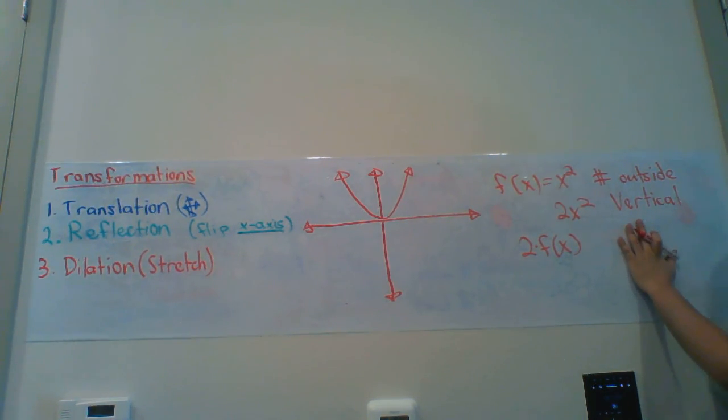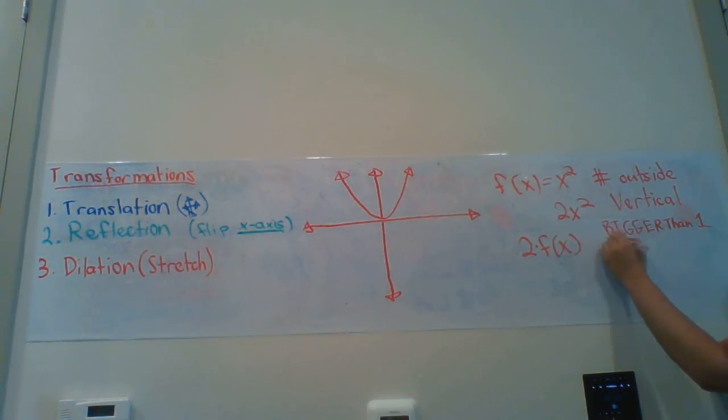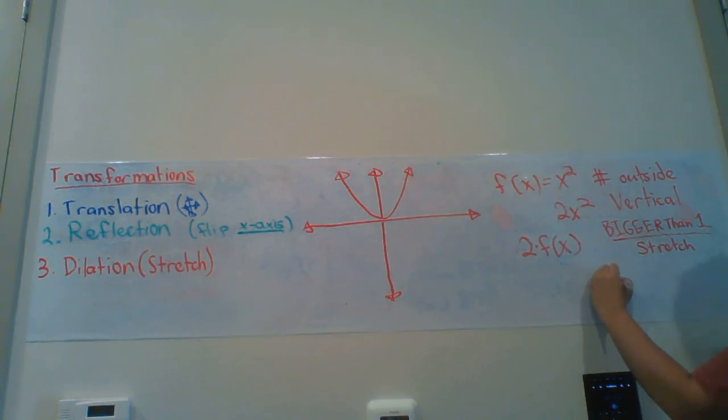And here's the difference in language, okay? If it's bigger than 1, then you're going to have something called a stretch. That's what I was doing with the t-shirt, right? I'm stretching it vertically. All right? If it's smaller than 1,